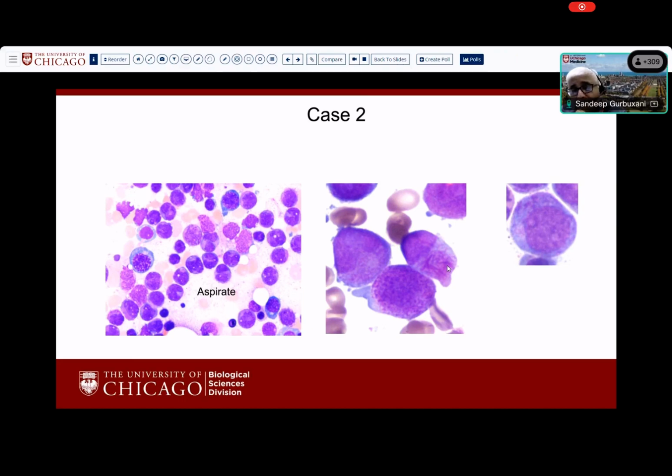You don't see this very often. You can see it in some cases where you have multiple Auer rods, which are these purplish, pinkish rod-shaped structures present in the cytoplasm of the cell. And in this case, they happen to be multiple Auer rods in a cell, which is something you see only in acute promyelocytic leukemia. So this is associated again with a very specific translocation that results in generation of a